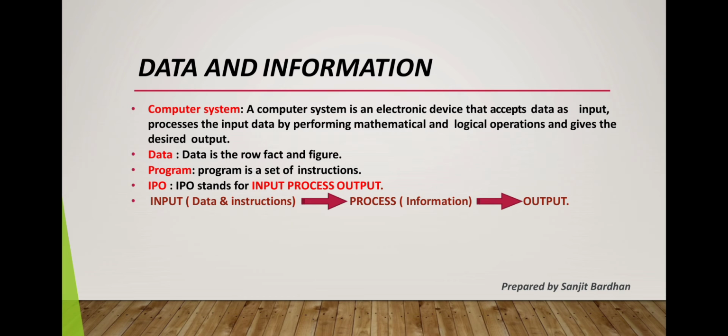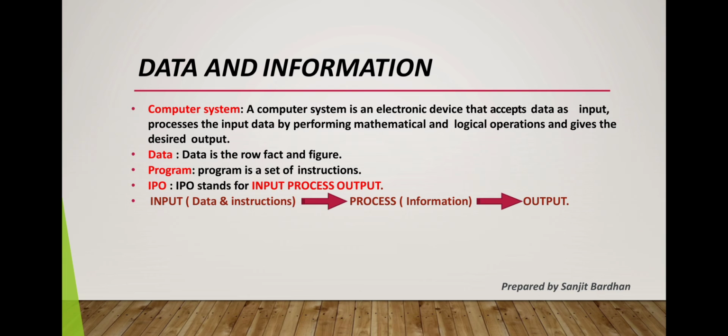Now the question arises, what is data? Data can be defined as raw facts and figures which are provided to the computer as a file, image, etc. Now the next thing is program. When the raw facts and figures are processed logically by a set of instructions, it is known as a program. A computer always follows a set of rules, what to do, what not to do. That is called programming. The set of rules is called programming.